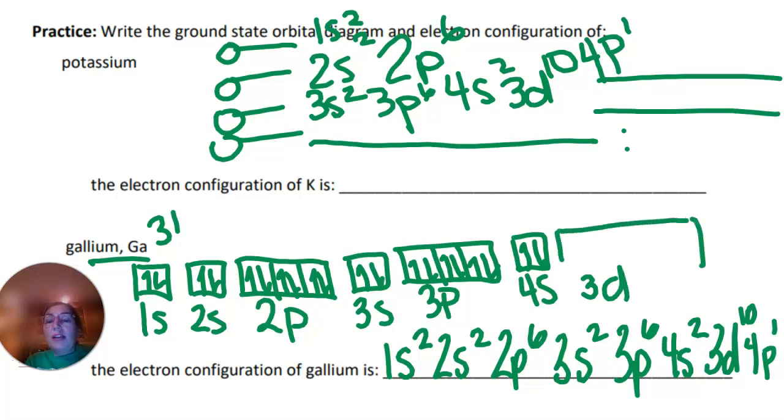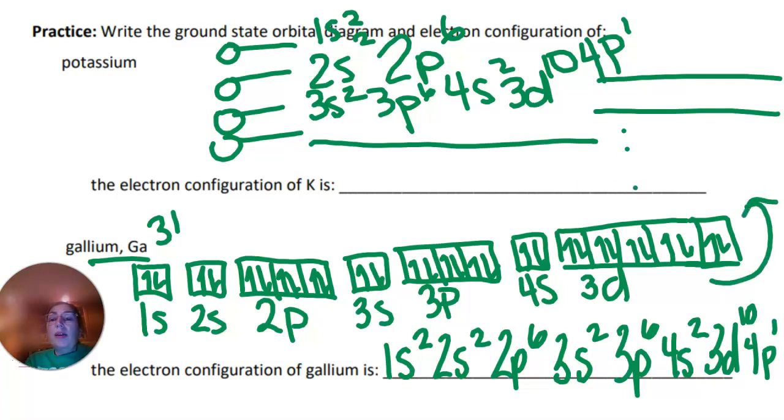Okay, 3d. Boy, I might be a little squashed here. 1, 2, 3. I'm going to do 4, 5. I'm going to do my fifth one up here. 1, 2, 3, 4, 5. Fill the boxes correctly. 6, 7, 8, 9, 10. And then lastly, I'm supposed to have a partially filled p, but I'm out of room for it. Can I put it up here? You're okay with that, right? 4p, because it needs to have 3 orbitals, but only 1 electron. Okay,